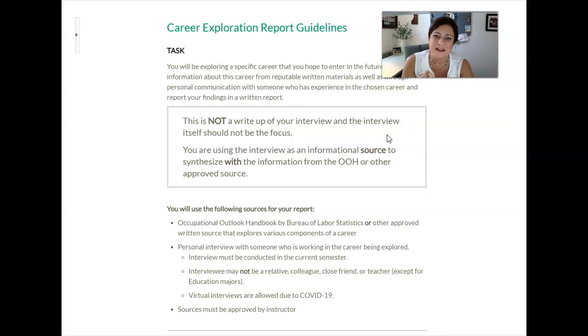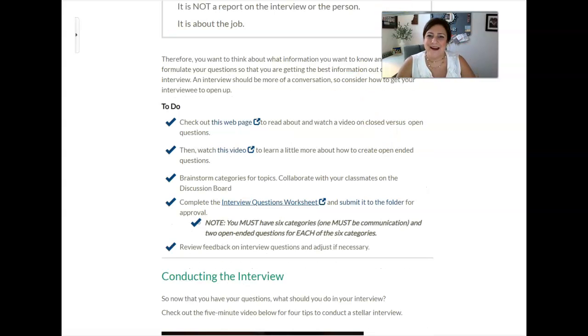It's about the job. So you are absolutely using your interview as a source to gather information about things like work-life balance, about what does a day in the life of the job look like, okay? You want to gather information about the job itself. What are the pros and cons of the job? What are the benefits of the job? You don't want to ask about salary. There are other things that you don't want to ask about, but you will be then going to the How